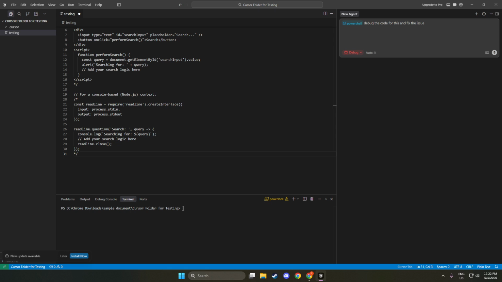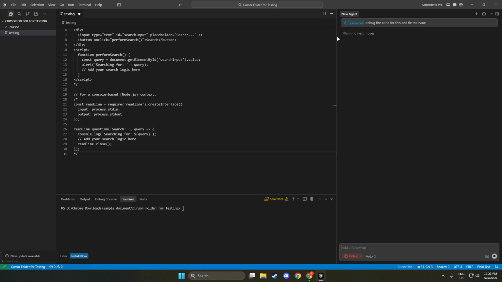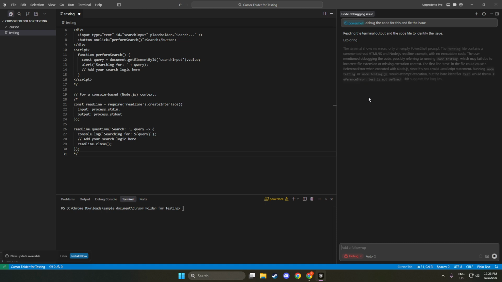The goal is to provide enough detail for the model to reproduce or reason about the issue while keeping your project secure. In the message box, type a clear request such as, "Debug this code and fix the issue." You'll get even better results if you add specifics, like the expected behavior, what you're seeing instead, and any constraints. For example, note versions that matter or mention if performance or memory usage is a concern. Precision guides the model toward the right diagnosis and a practical fix.